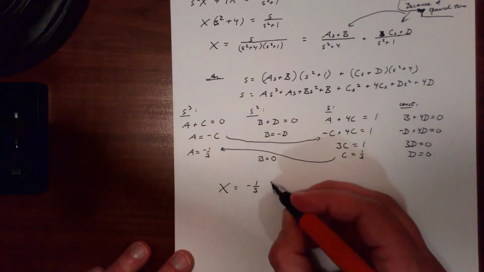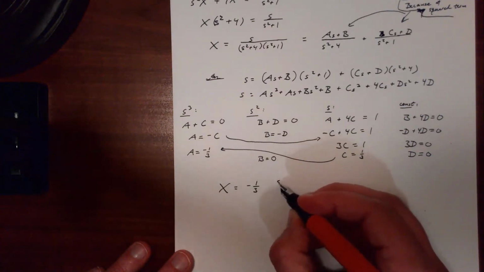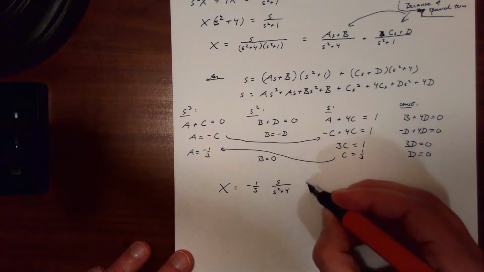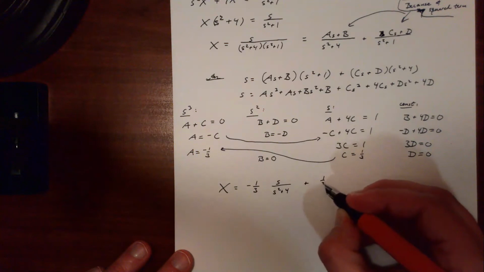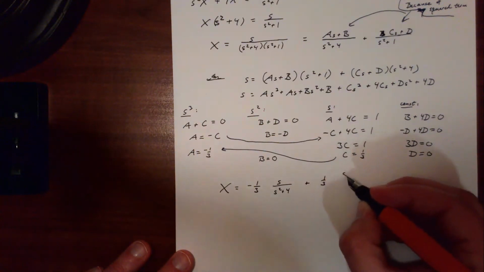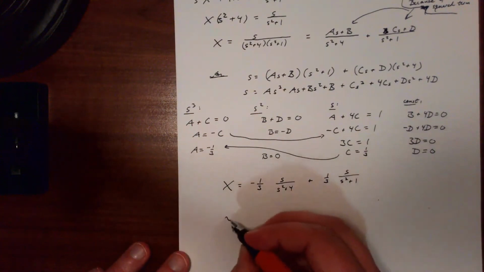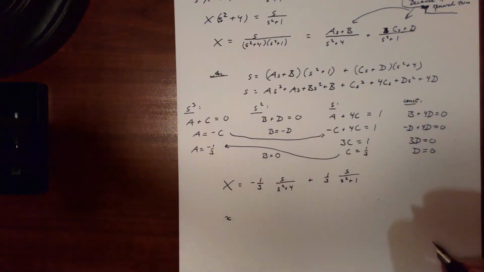And so we have negative 1/3 s over s squared plus 4 plus 1/3 s over s squared plus 1,